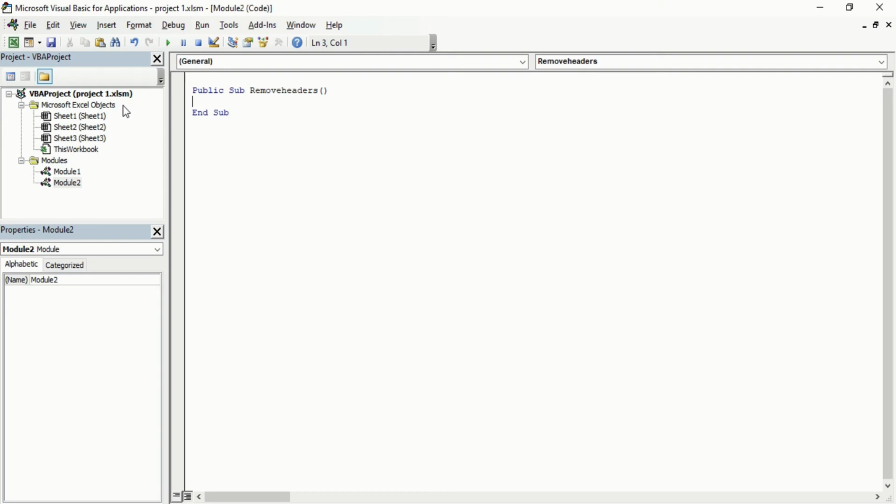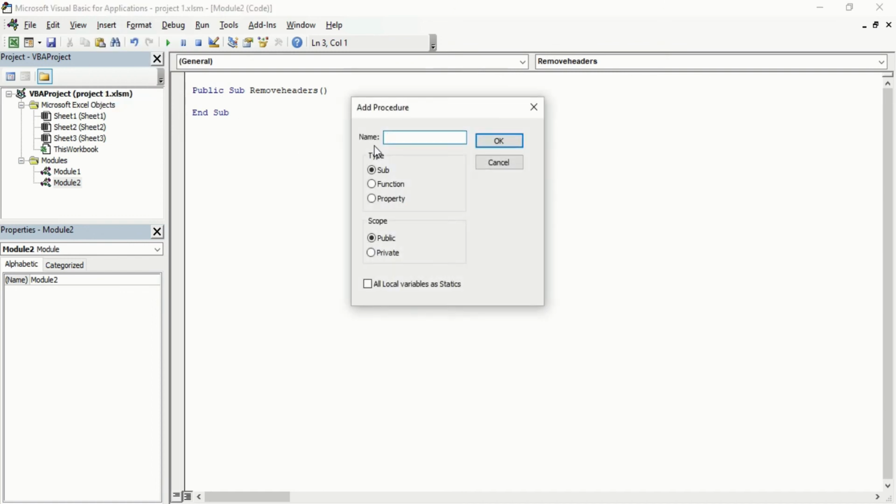If that file is an xlsx file, it will be a normal template and won't be able to execute and save the macro for the future. That's why we use the .xlsm file. Just a gentle reminder. Now we will get back to adding the code within our sub procedure. In my previous video, I told you how to insert this sub procedure: go into the Insert tab, go into Procedure, write RemoveHeaders, choose Sub, then Public, and all these things are explained in my previous video. You can go there and see.